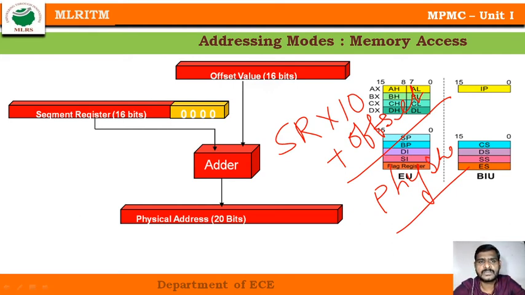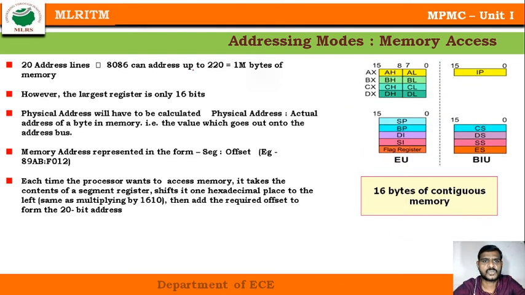Because the segment register is a 16-bit register, we want to convert it into 20 bits, so we are appending, or left shifting, 4 bits, or one nibble, for the segment register. That's what we are doing here, and after that we are adding an offset value. This is the method followed to calculate the actual physical address whenever we want to access any type of memory. Why are we discussing this here? Because I want to cover the memory type of addressing modes. So this is the procedure for how it is calculated.